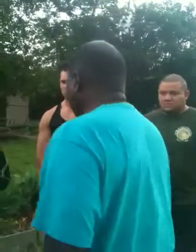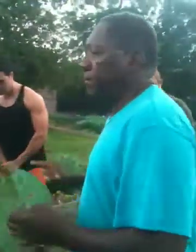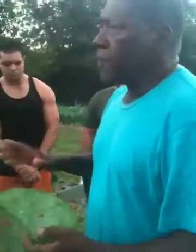Now, the garden grows several different things, but I've noticed that very few of you know what collard greens are, right? Never even heard of them, right? These are Georgia collard greens. Now, we're at the end of our season now. We're around late April, May. It gets too hot. You can't grow anything anymore. The bugs come out, attack the plants. So we start to strip them down for the...